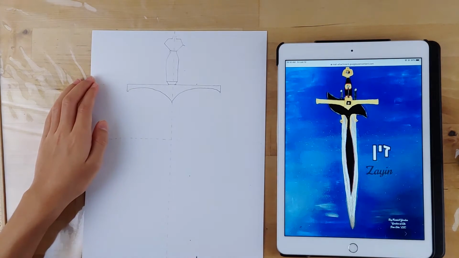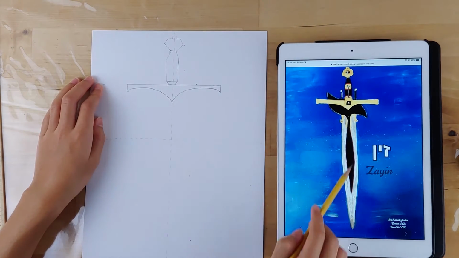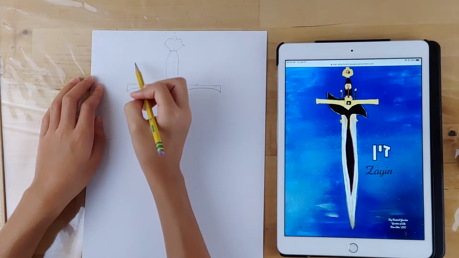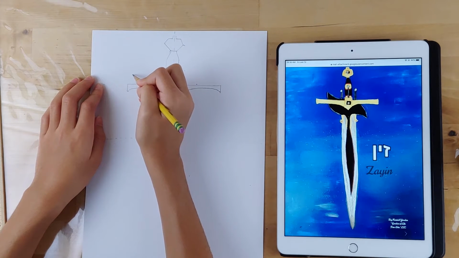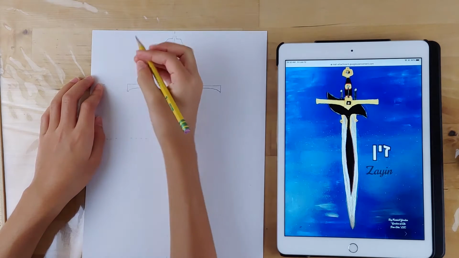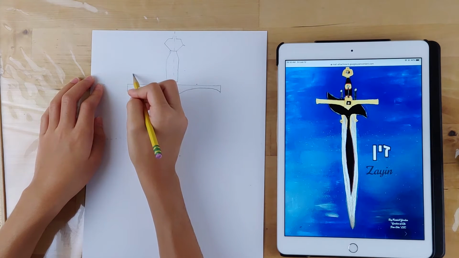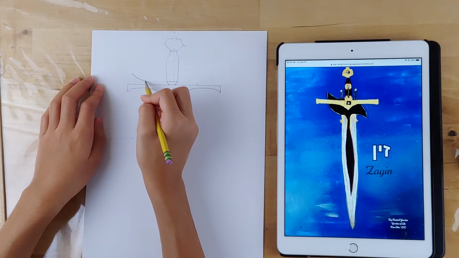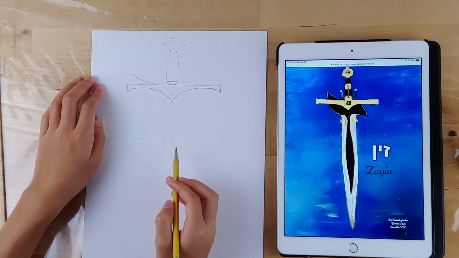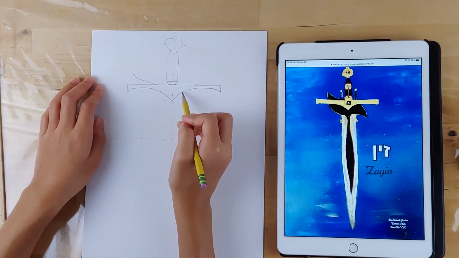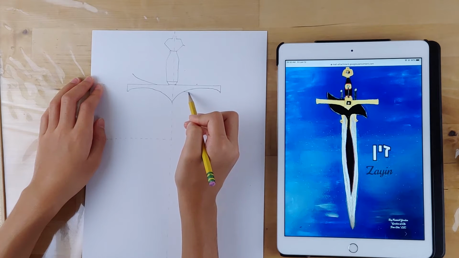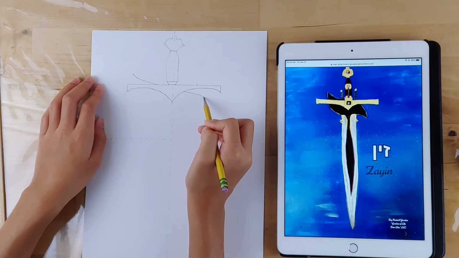Right now we're going to start drawing the letter. If you can see it, we're going to start on the top left corner quadrant. Maybe right about here, not all the way out, but you still want it within the parameters of the sword. We're going to go down and stop right here. Then we're going to pretend it's still going, and we're going to continue it right about here. We're going to start bending downward.